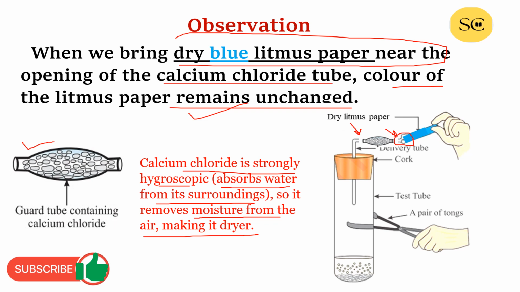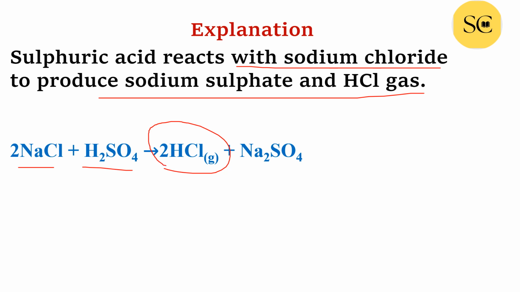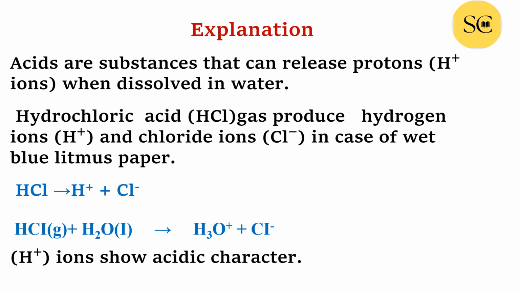Now what happens? Sulfuric acid reacts with sodium chloride to produce sodium sulfate and HCl gas. Okay, when we pour sodium chloride and sulfuric acid in the test tube, they react to produce hydrochloric acid gas, HCl gas, and sodium sulfate. Okay, now